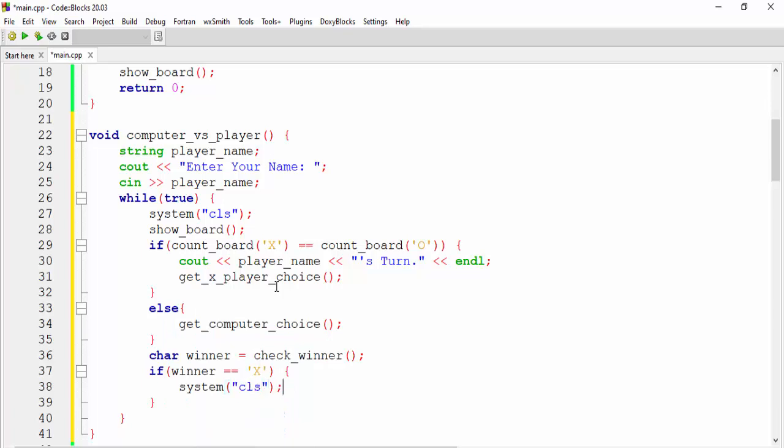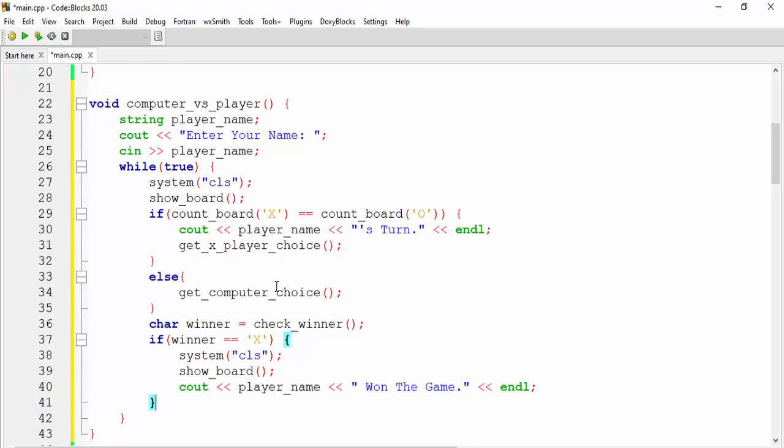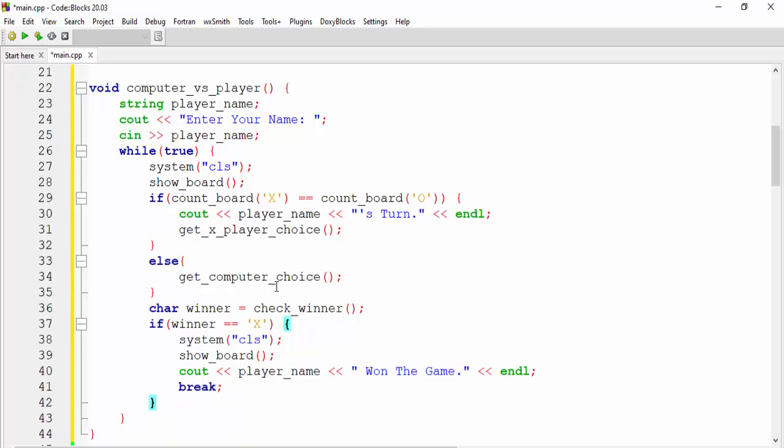It will first clear the screen, and here it will show the board, the final board, and after that we will print cout, player name won the game. After that we will say break, because if anyone wins the game, it should break.